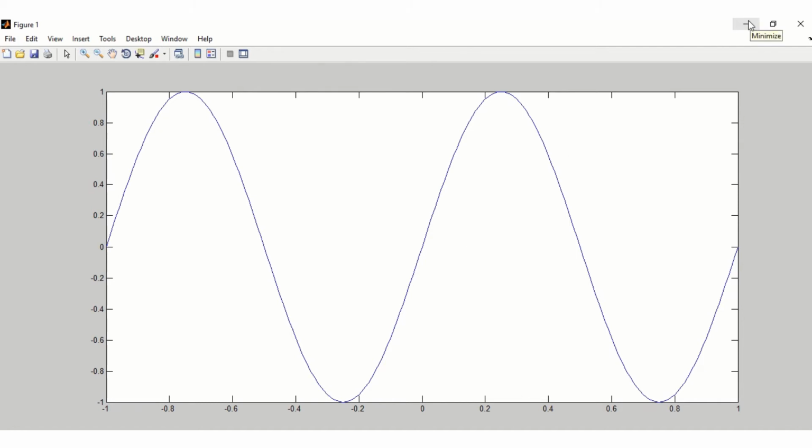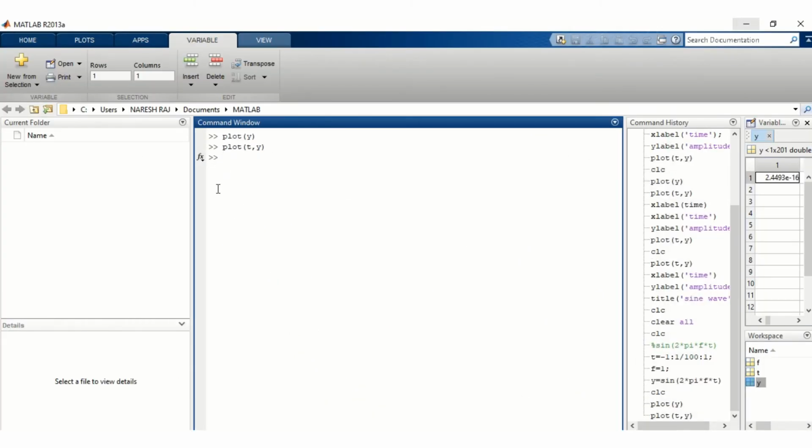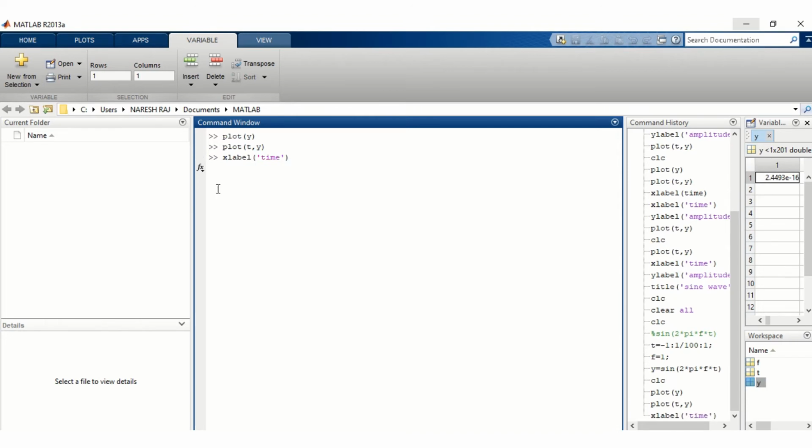Okay, now we will see how we can label this waveform. There is a command for labeling. With the help of this we can label the waveform. So write xlabel. As we know, on the x-axis we take time, so we write time on the x-axis.